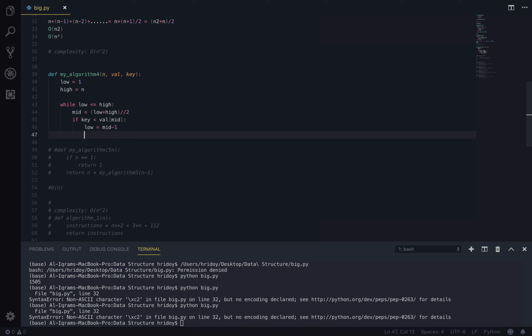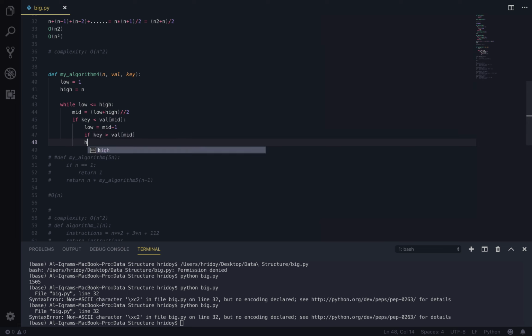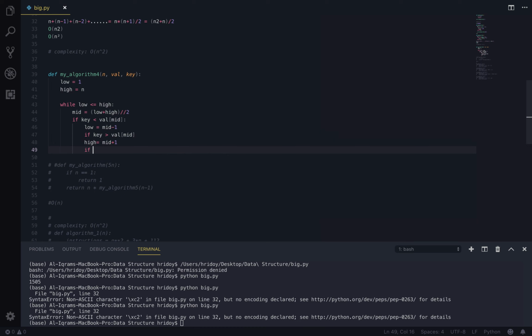If the key is greater than val mid, the low should be mid plus 1, right? If the key is equal to val mid, let's return 1, and let's return 0 if none is found. Okay, so this is the implementation of the binary search problem,